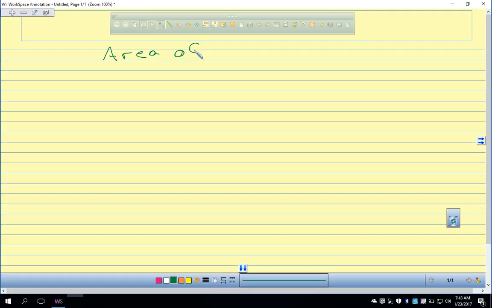Well, this one I think you already know. The area of a triangle. What's the area of a triangle? Base times height divided by 2, okay? So it can get a little bit tricky and,